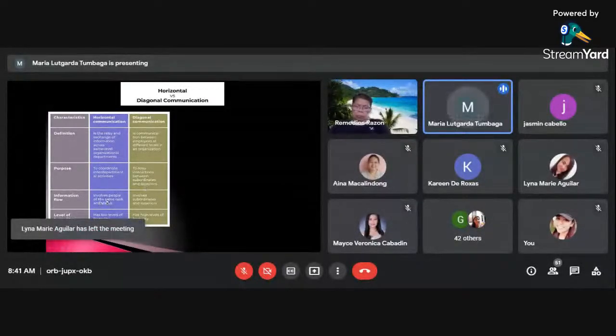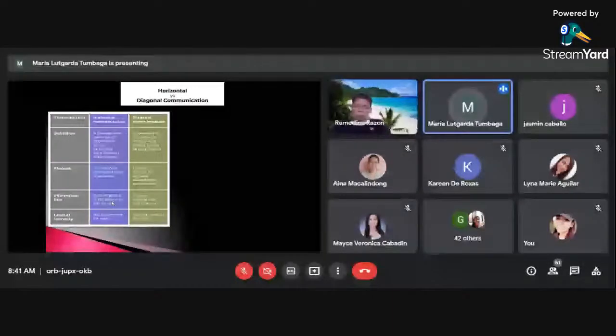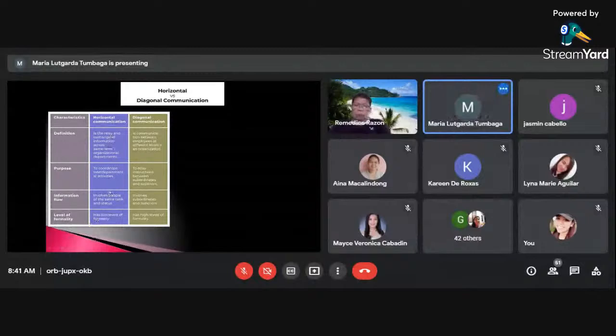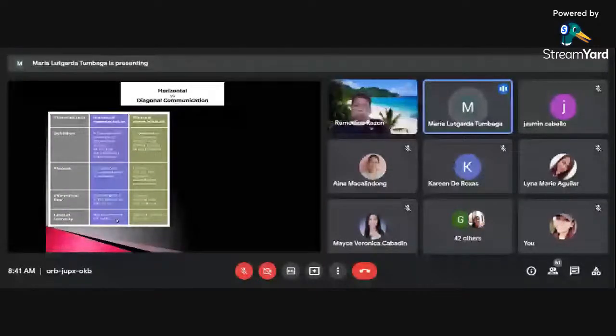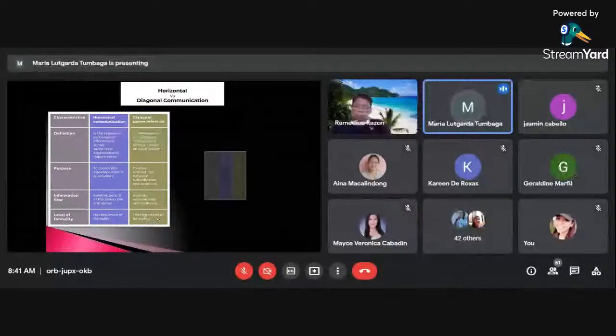The information flow for horizontal involves people of the same rank and status, while the diagonal involves subordinates and superiors. For the level of formality, horizontal has a low level of formality, while diagonal has high levels of formality.